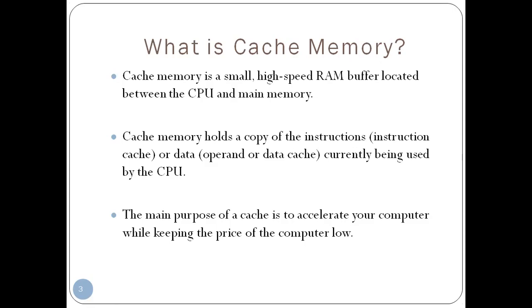Not all the instructions from the main memory are going to be copied. You have to remember that only frequently used instructions are going to be placed in the cache memory. A copy of the frequently used instructions in the main memory is made to the cache memory. That is the important point, you have to note it down. Not all the instructions from the main memory are copied into the cache memory. Only the instructions that are frequently used or repeated are going to be stored from main memory to the cache memory.